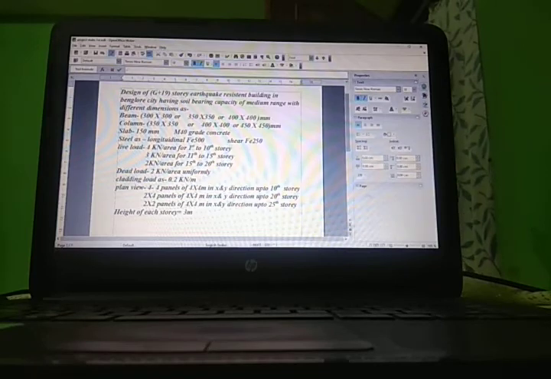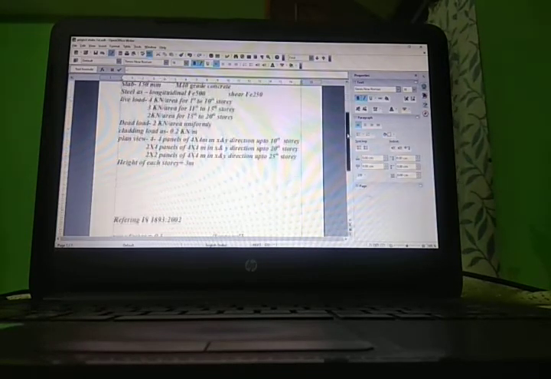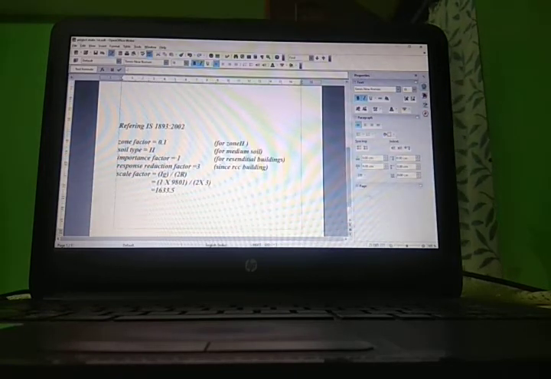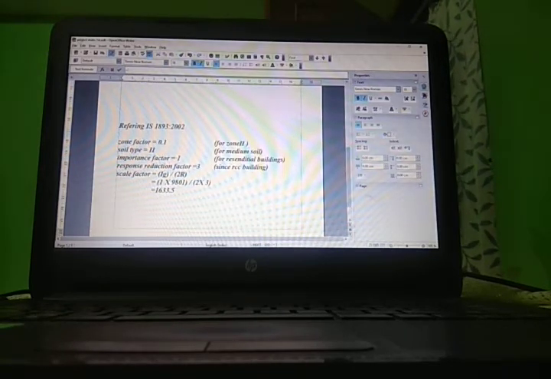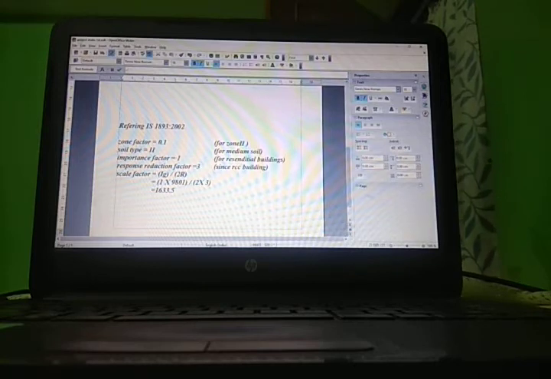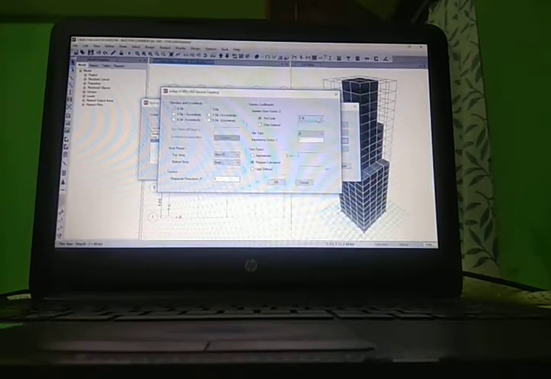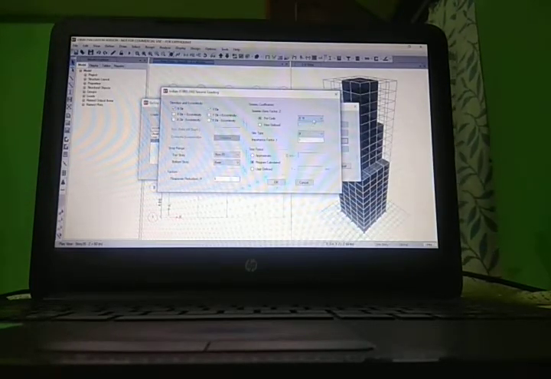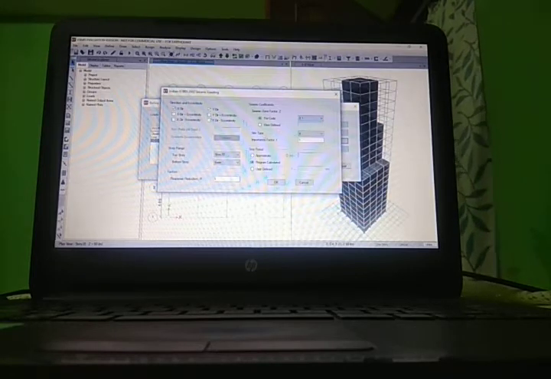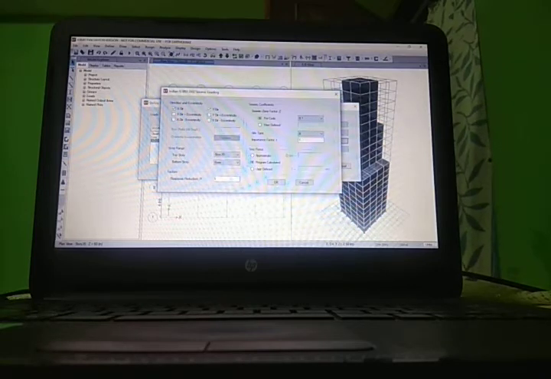our building lies in Bangalore city, for which we will be calculating the different values using IS 1893. Bangalore city comes under zone 2. Therefore, we have the required information using IS 1893-2002. Now we will go to ETABS and select 0.1 for zone 2, type of soil medium. Second, importance factor 1,